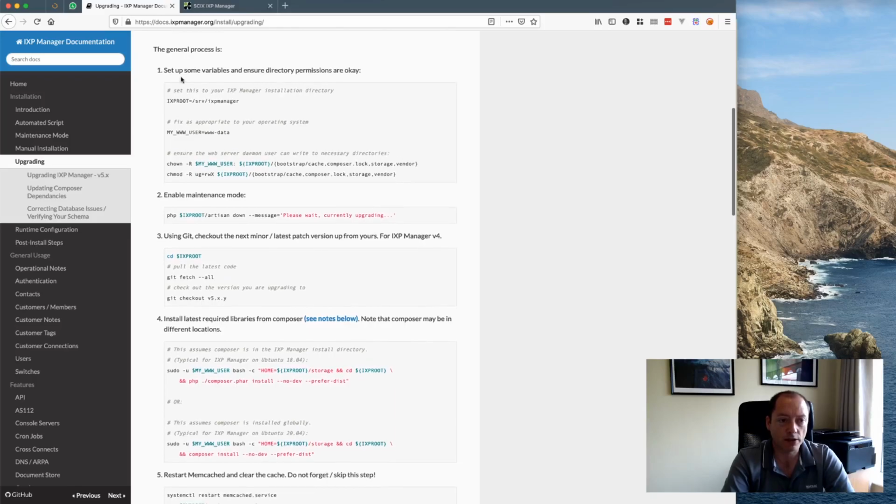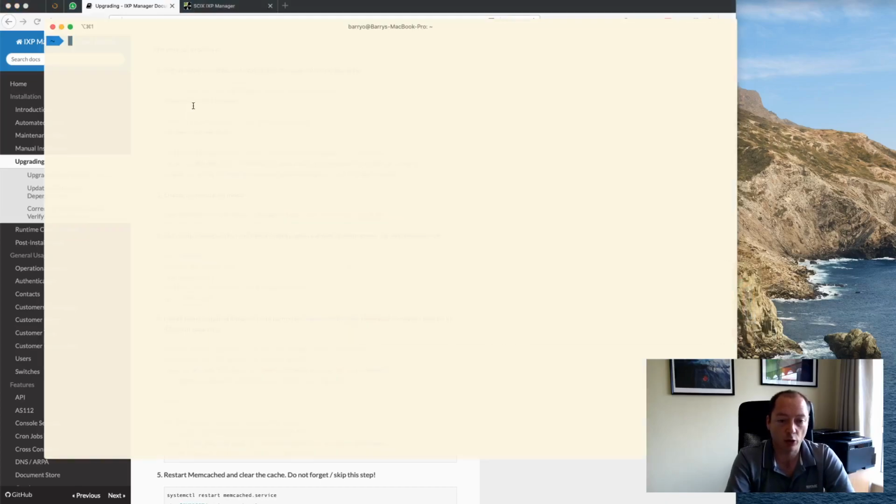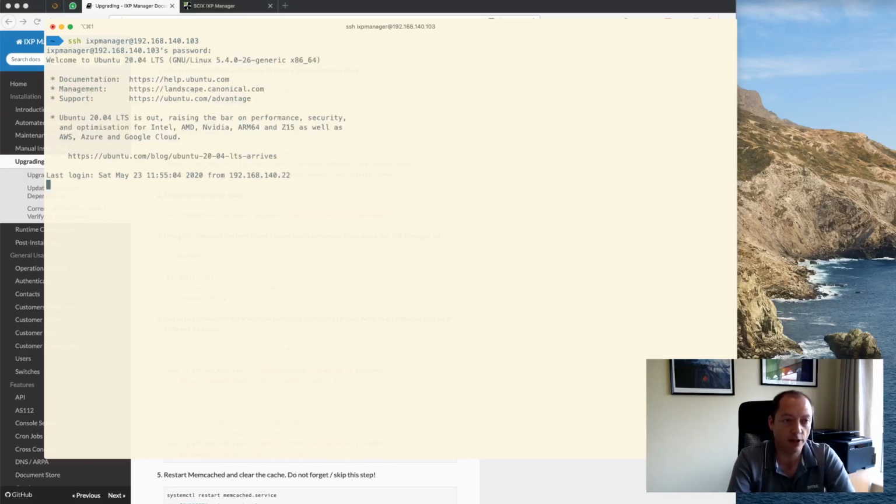So the general process for IXP Manager is to set up some variables. And the reason we do this here in step one is so that we can try and make these installation instructions generic for different operating systems. So I'm going to go ahead and log in to our server as we left it after the installation video from the automated install. I'm going to log in as root,